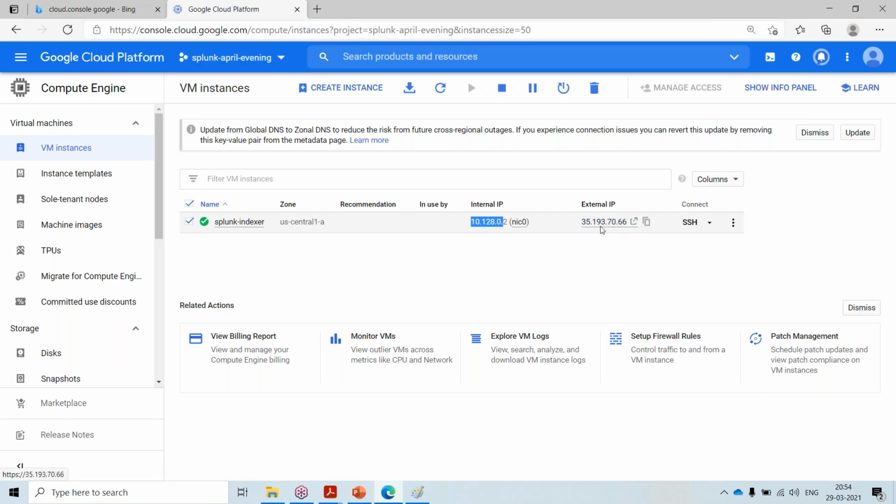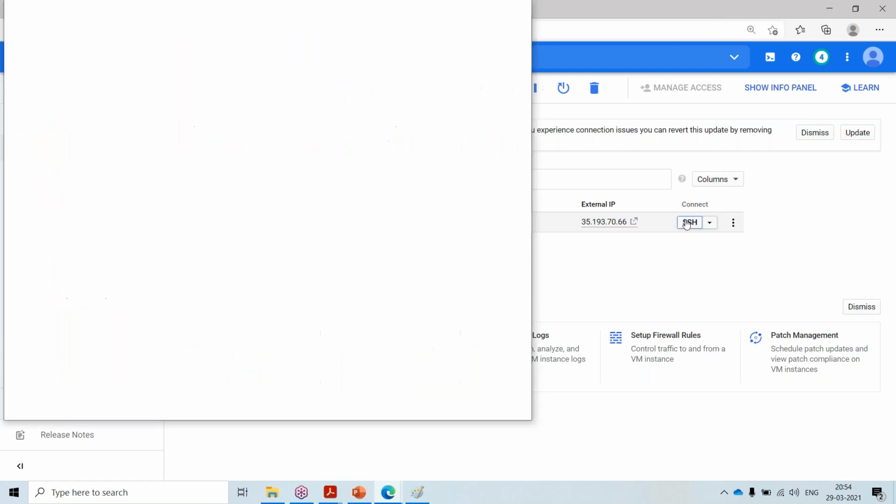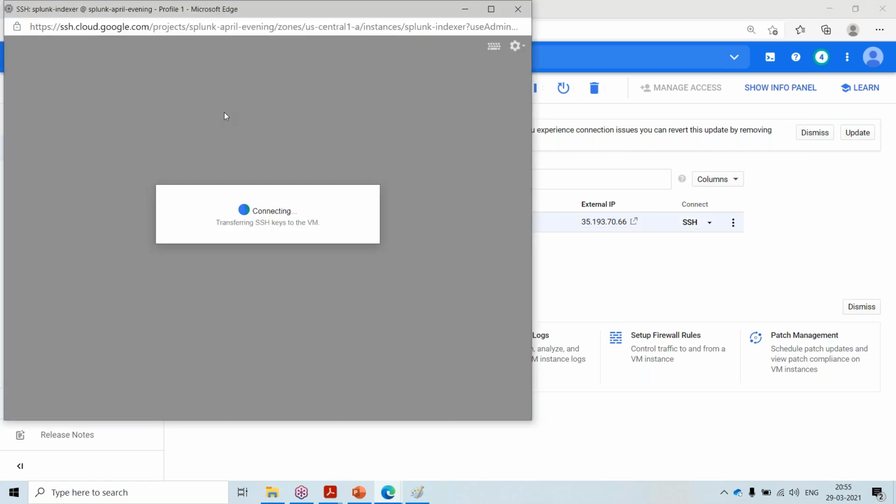You can use the external IP and log in via PuTTY also, but here there is a ready-made option. If you click on connect SSH, you will automatically be logged in a new window, to the server in the browser itself.